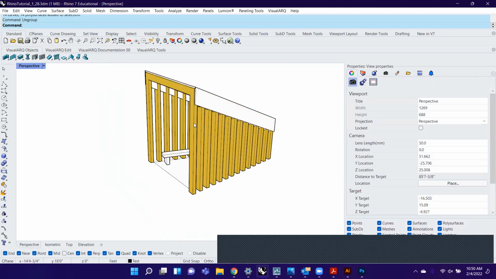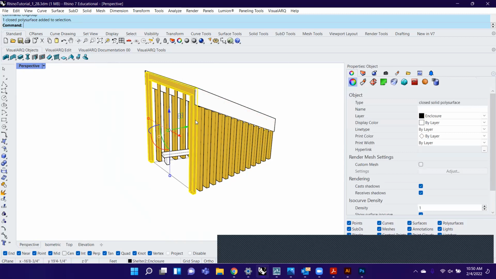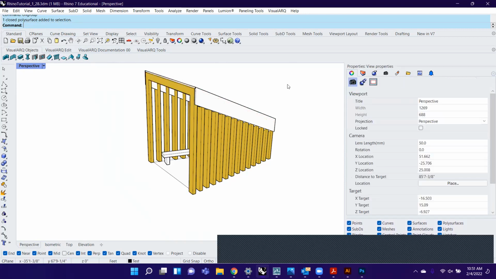And so now that they're ungrouped, let's select one of them. Okay, so with the selection, there's two ways. If you look at the top, it'll say one closed poly surface added to selection. Also, if you are in the properties panel, it'll say closed solid poly surface. Now it's important to read what the geometry is called, because